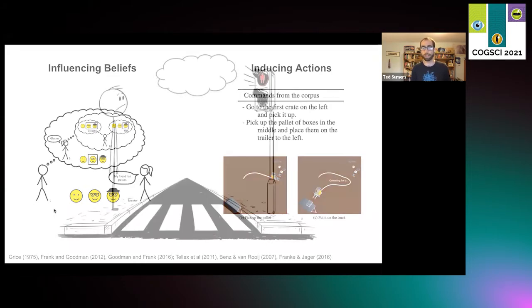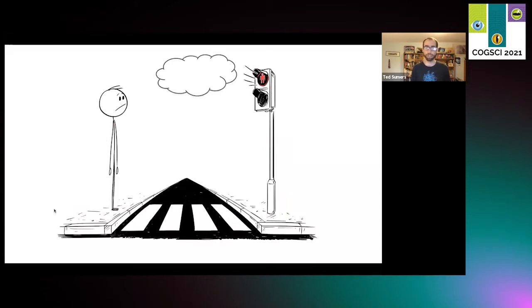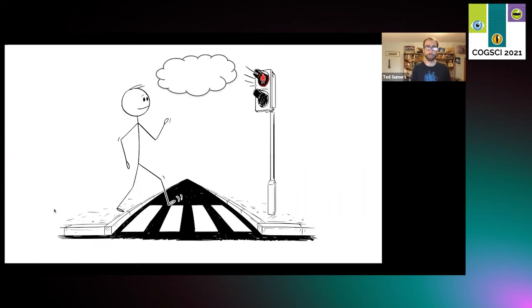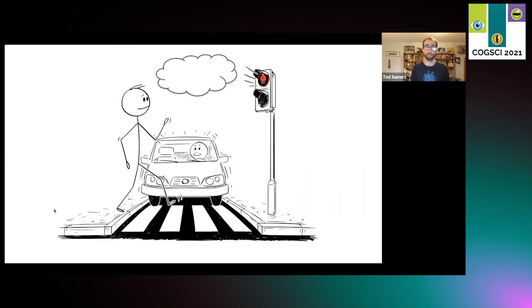To compare these two perspectives, we can imagine our friend Bob, who's waiting to cross the road. Now let's say Bob gets impatient and decides to step out before the light changes. Unbeknownst to Bob, there's a car barreling towards him. Now, naturally, we want Bob to cross safely. But unfortunately for him, a belief-oriented model might choose to inform him about the presence of a cloud up in the sky. This does in fact reduce Bob's uncertainty about the state of the world, but it doesn't necessarily help